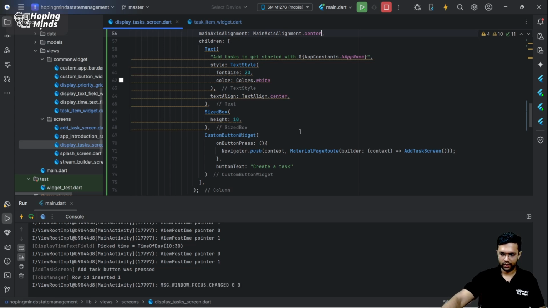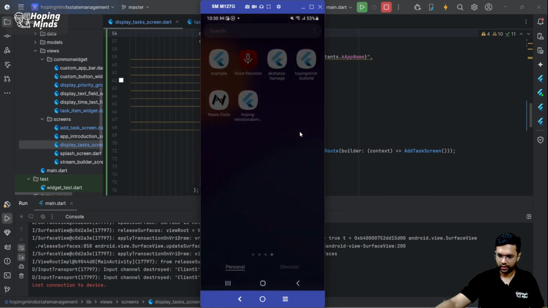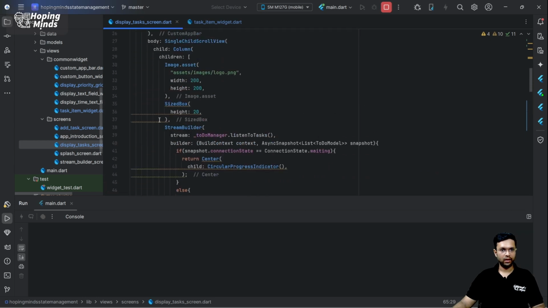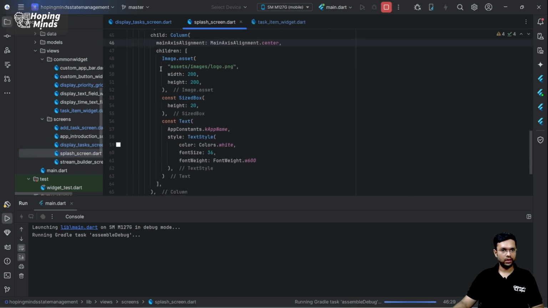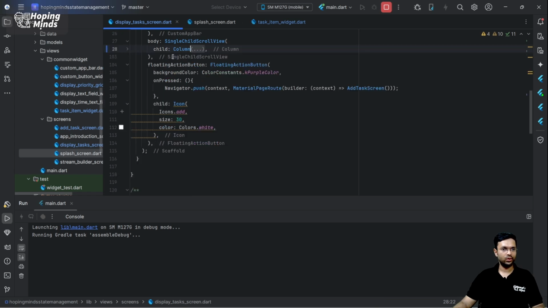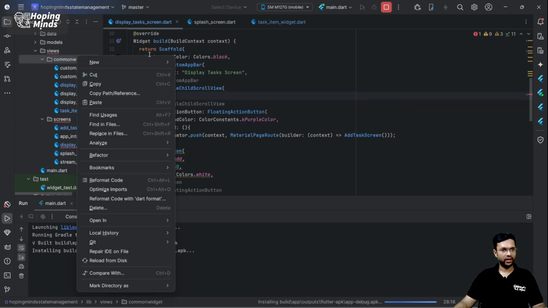So what I'll try and do is uninstall the app. Meanwhile, the APK has been generating. What I notice is my app only showing the logo and not the app name. Basically, I want this entire thing to also be there onto my display task screen. Hence, I'm not going to duplicate the code. In fact, what I'll try and do is to move this entire column inside a common widget,